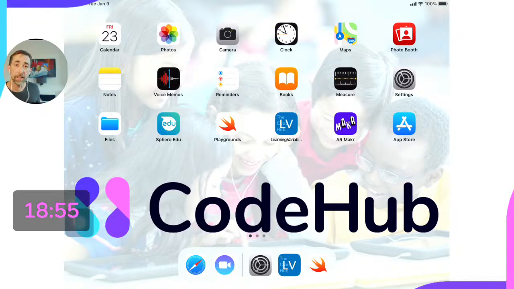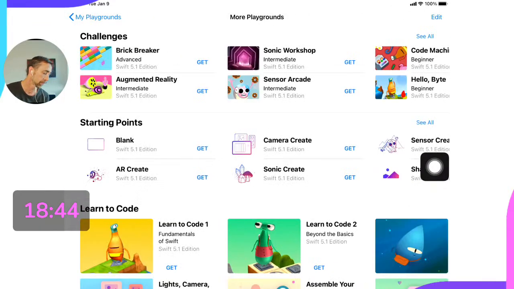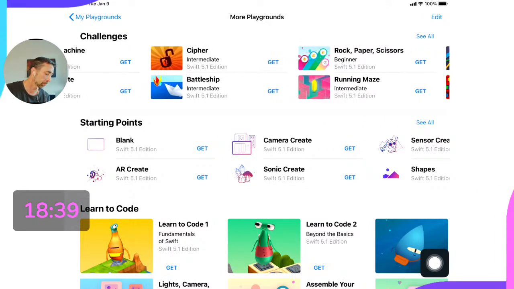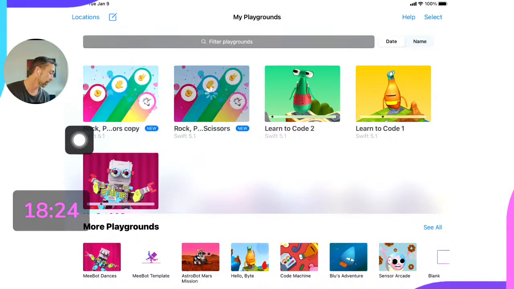So what we're going to do today is jump into Swift Playgrounds again and use some of those concepts. We're going to be playing with the rock, paper, scissors playground. If you don't have it already, go down to more playgrounds, hit see all. It's going to be in the challenges section. So we're going to scroll over to the side. We can see that there are a lot of different challenges here, and they give you the levels that they're at. So once you get a bit more experience, you can try out the intermediate levels or maybe the advanced ones. We're going to get rock, paper, scissors. So just hit get. I've already downloaded mine, so I'm going to open up this one.